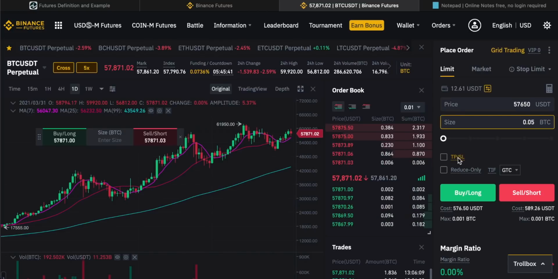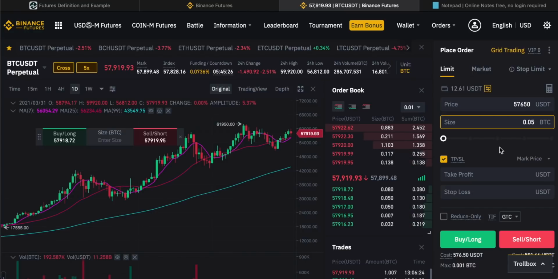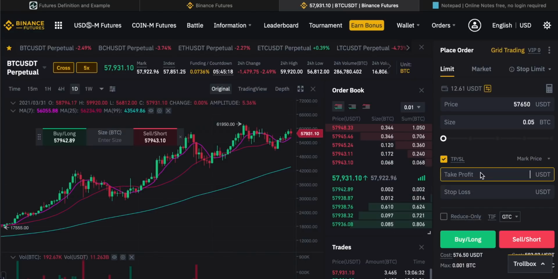Now you see this TP and SL. If we click on this, you can see you can set a take profit or a stop loss before opening a position. This is what day traders will use when they enter into trades. So a take profit, assuming we're a buyer, is a price level above the current price that you want to